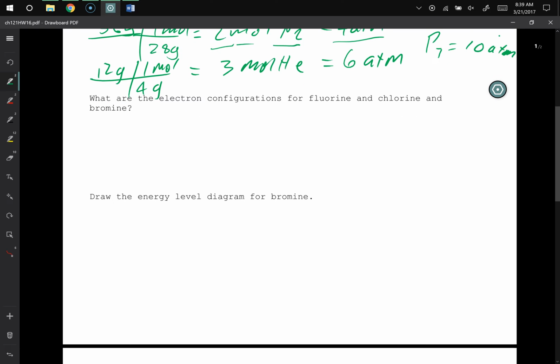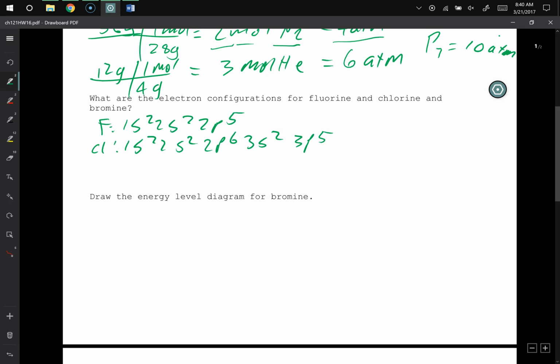Electron configuration for fluorine, chlorine, and bromine. All right, so fluorine, 1s2, 2s2, 2p5. Chlorine, 1s2, 2s2, 2p6, 3s2, 3p5. And bromine,